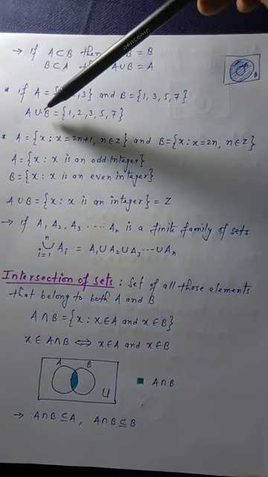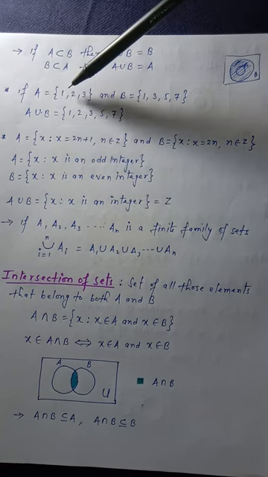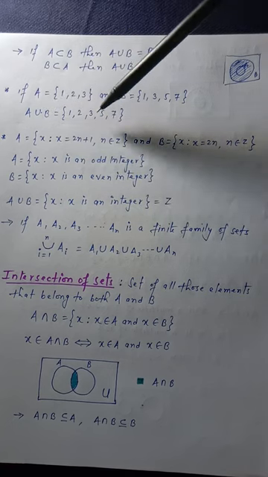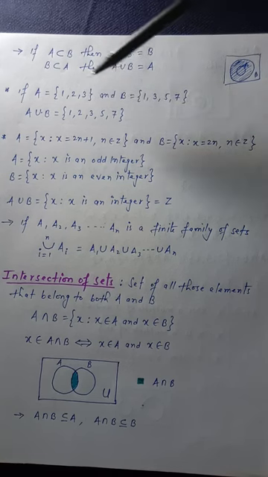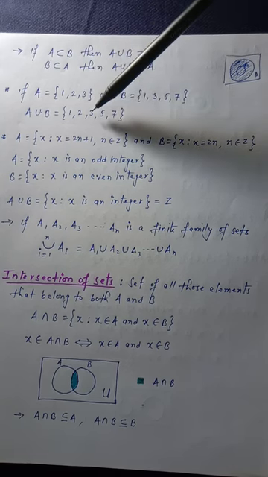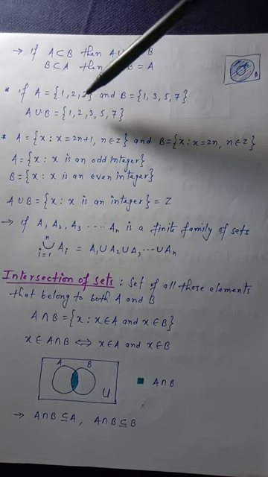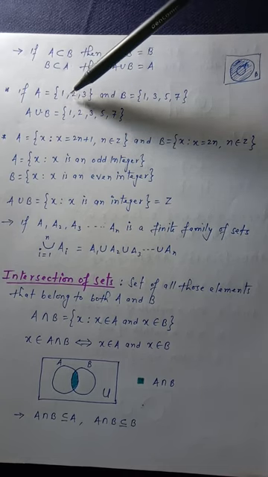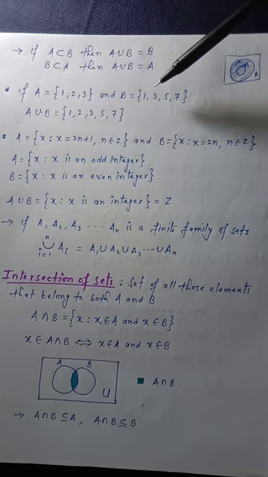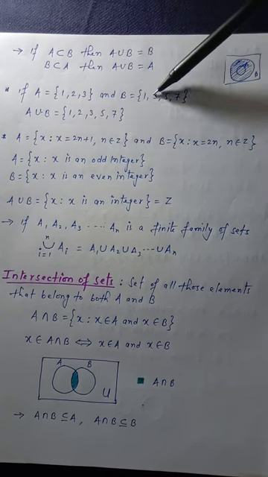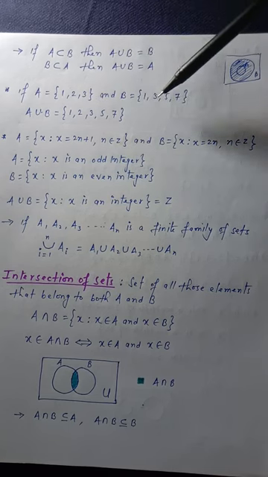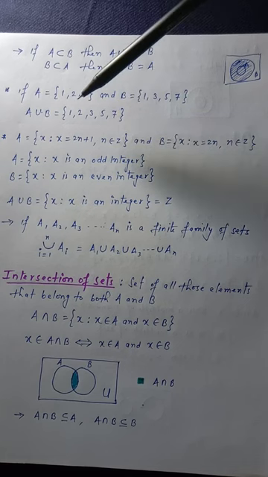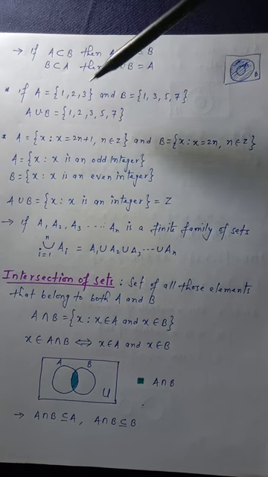So while writing A union B, you have to write the elements of A as well as the elements of B. If there are some common elements, like here 3 is common, which is present in A as well as in B, we will write it only once, because in a set we cannot repeat an element. So write the elements of A, this is 1 2 3, and write the elements of B, which is 1 3 5 7. 1 and 3 are already written, so no need to write them again. So it is 1 3 and 5 7 extra I have written. So union means simply merging of two sets.